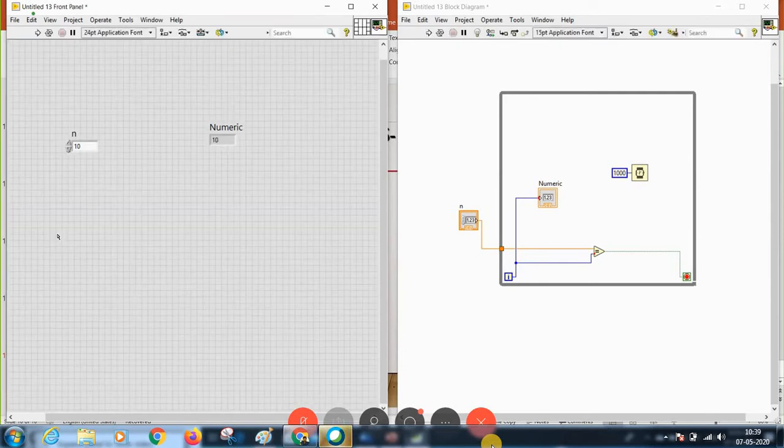So whenever n becomes 10, your loop will be terminated. Clear? So with this, we come to know the difference between the for loop and the while loop. The for loop will terminate with the n minus 1 condition. Here, in the while loop, you need to give the termination when you are supposed to terminate the program.